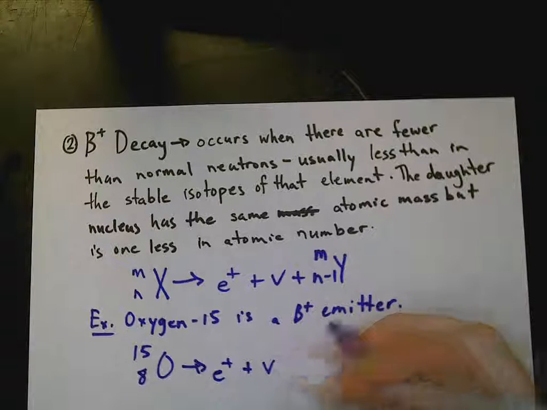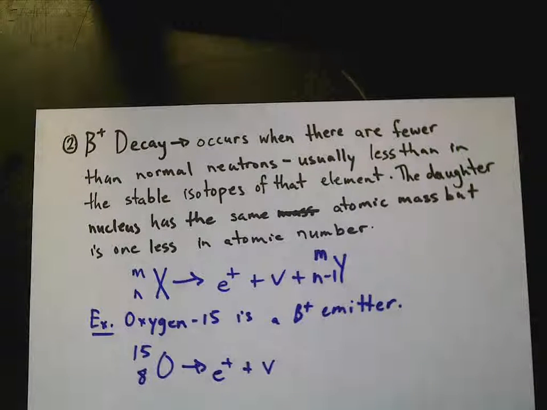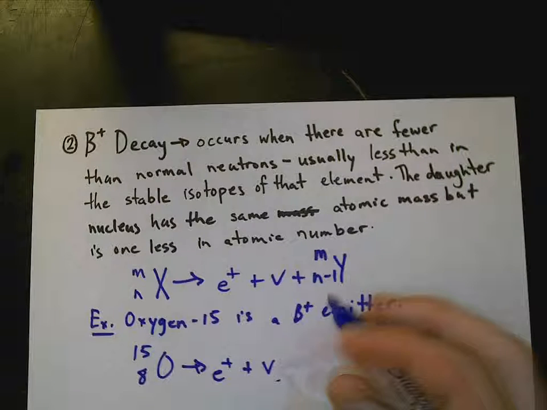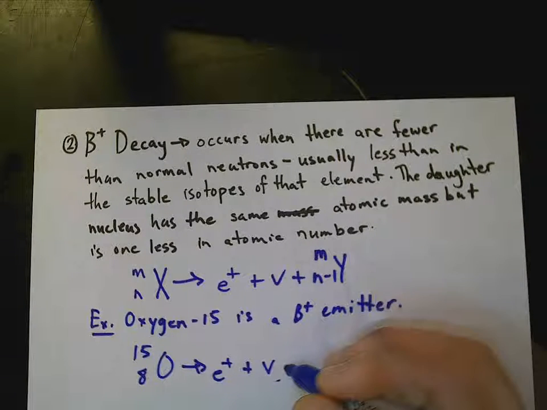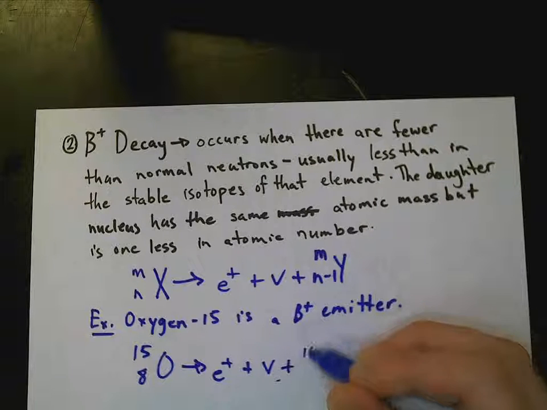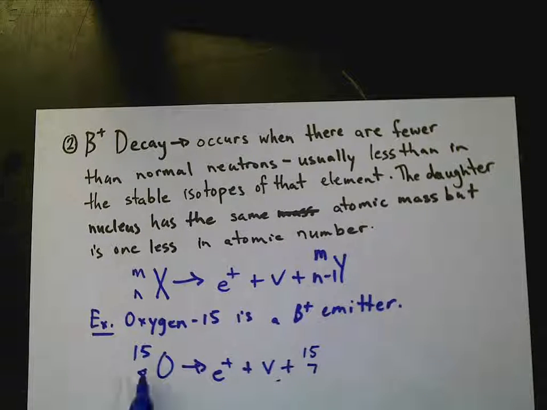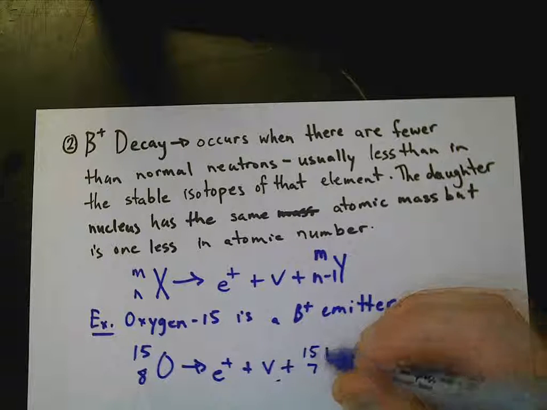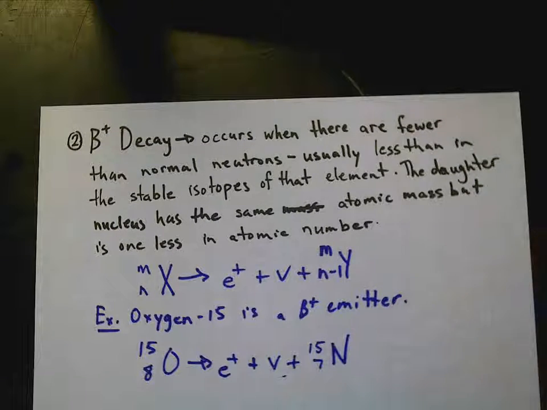Just as an FYI, a neutrino is a newer particle that was discovered as a result of inconsistencies in mass energy conversions. It has no charge, the neutrino, but virtually no mass as well. And what we get when we go through beta positive decay is that we get our atomic number decreasing by 1, which for oxygen on the periodic table is basically nitrogen. So beta positive decay,